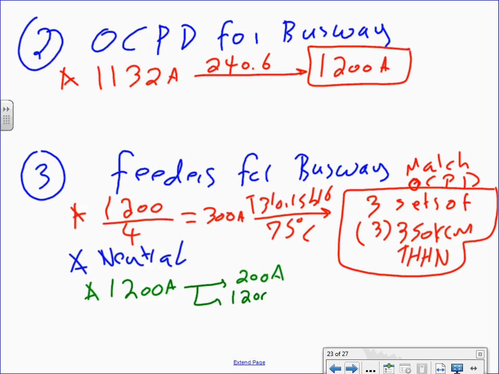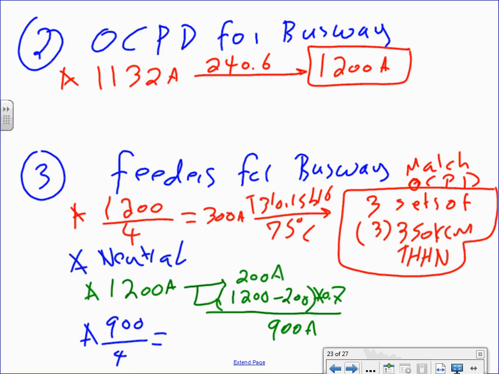You take the 1200 amp, subtract 200 from it, times 0.7, add them up. So this looks like 900 amp. Then you take your 900 amp, divide it by 4. That will give me